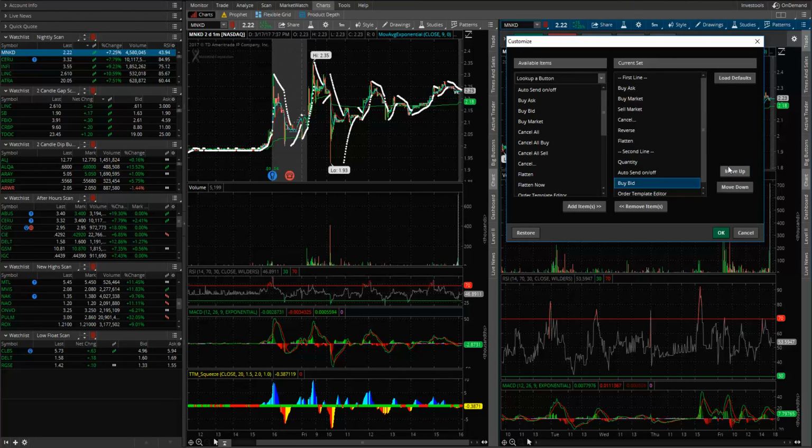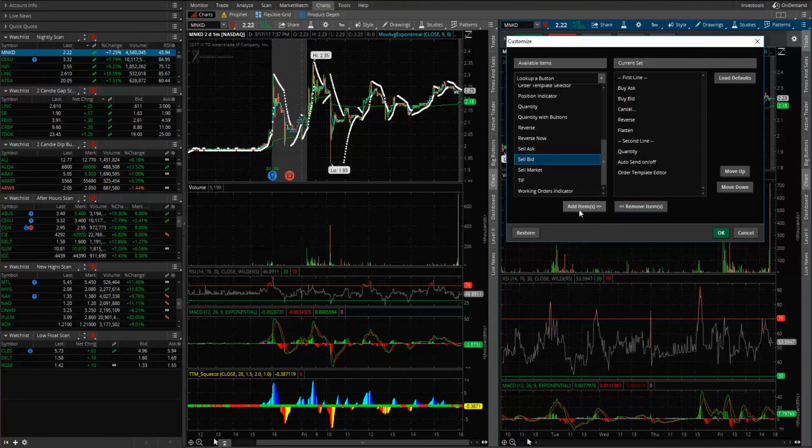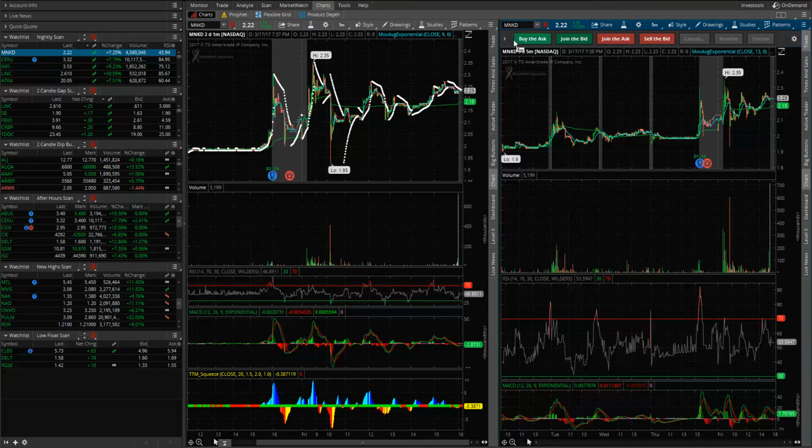Buy on the ask, buy on the bid. I'm gonna remove that. I'm gonna remove sell market. I'm gonna keep cancel, reverse, flatten, and then I'm gonna go down and look for sell the bid and sell the ask, and I'm gonna move those up. And what I'm gonna do is I'm gonna just hit OK, and now you have those buttons there, which is